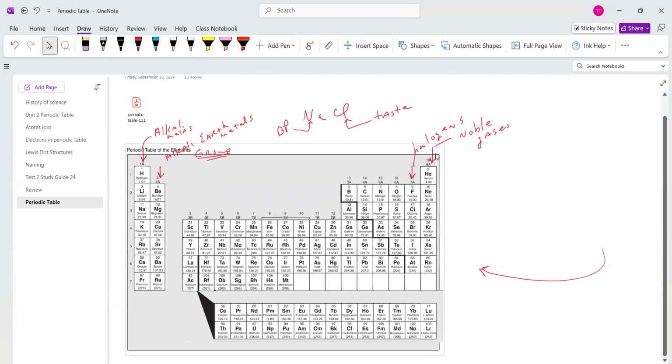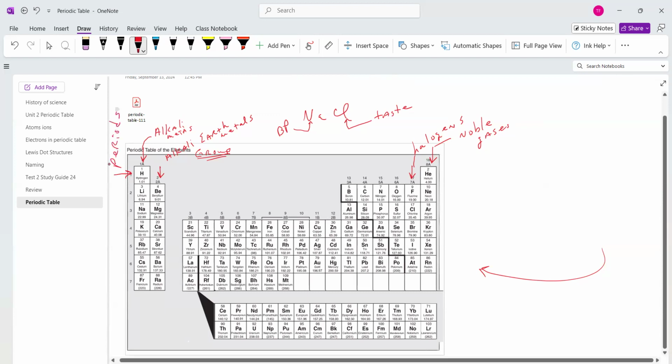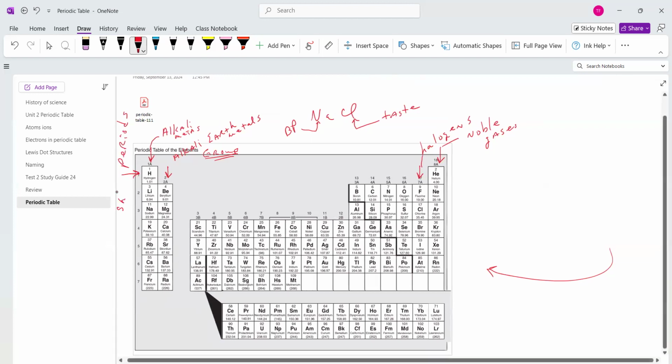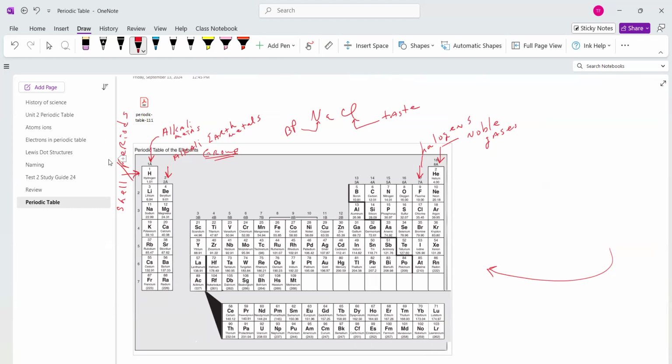Okay, so you need to know those 4 groups. And these are called periods or shells. And there are 7 of them. And I like to use shells over periods because we're going to get into electronic configuration and you're going to be looking at shells and subshells, orbitals, etc. So periods go across. And the only trend you can say about periods is as they go across,